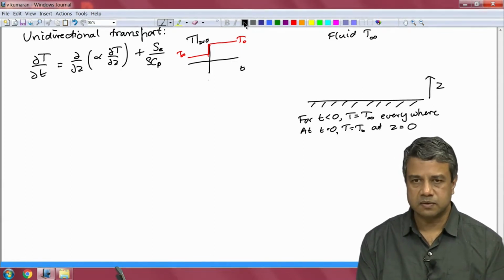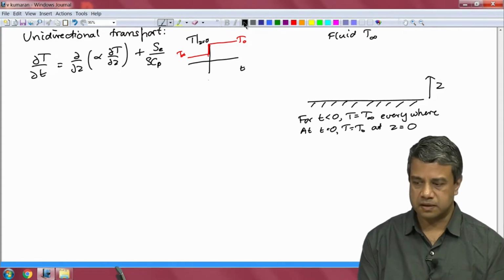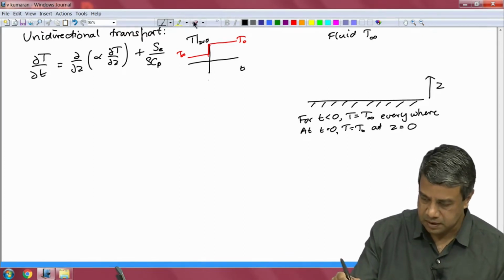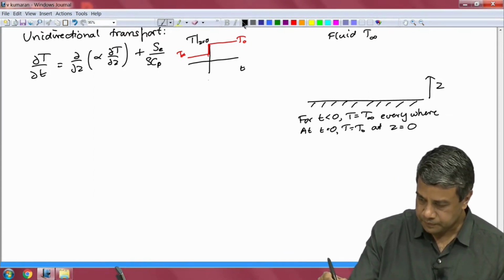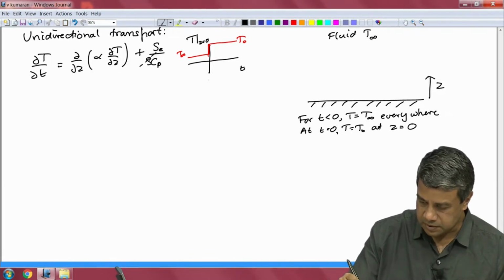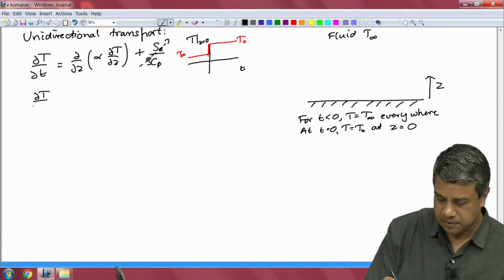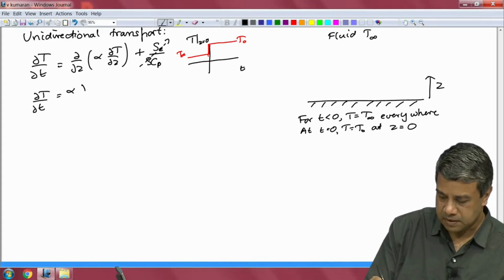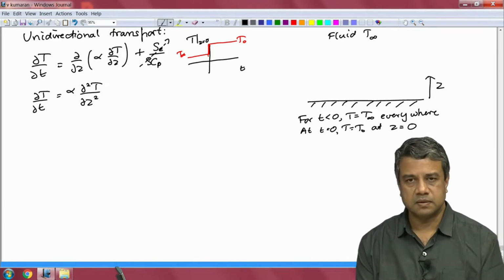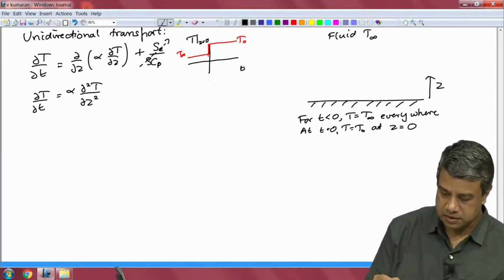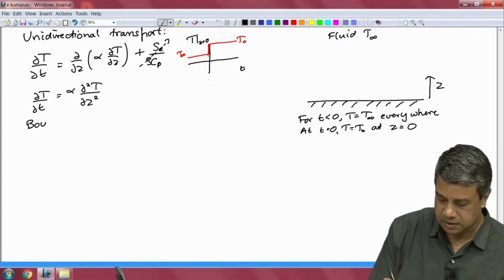And for the moment, we will assume that the fluid has a constant diffusivity, and there are no sources or sinks within the fluid. And therefore, this source term is equal to 0, and I am solving the problem partial T by partial t is equal to alpha times partial square T by partial z square. The partials, because the temperature is now a function of both position and time. The temperature is a function of both position and time. And the boundary conditions, so this is the equation, and the boundary conditions are